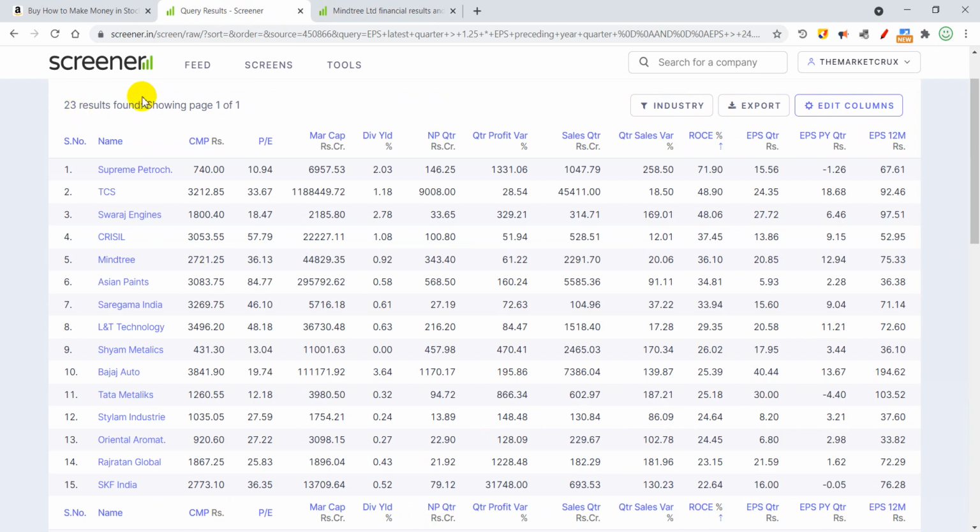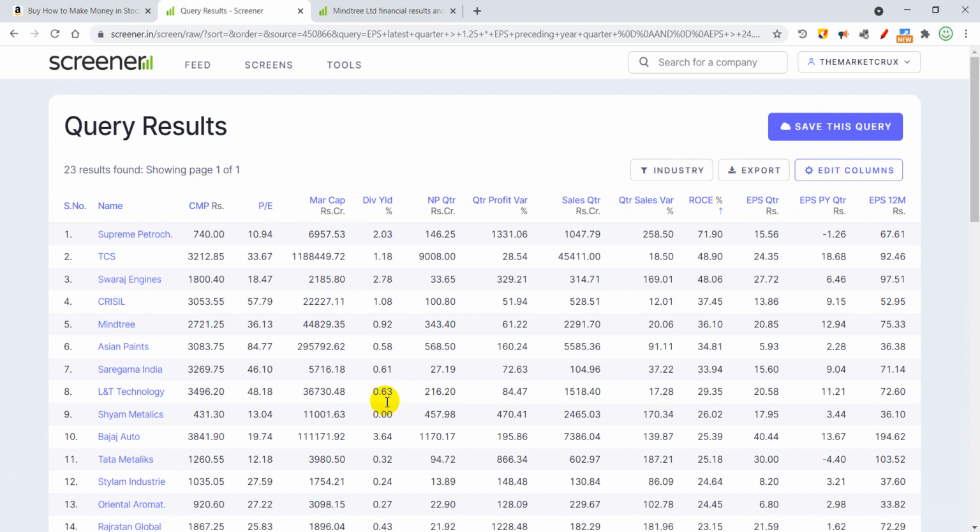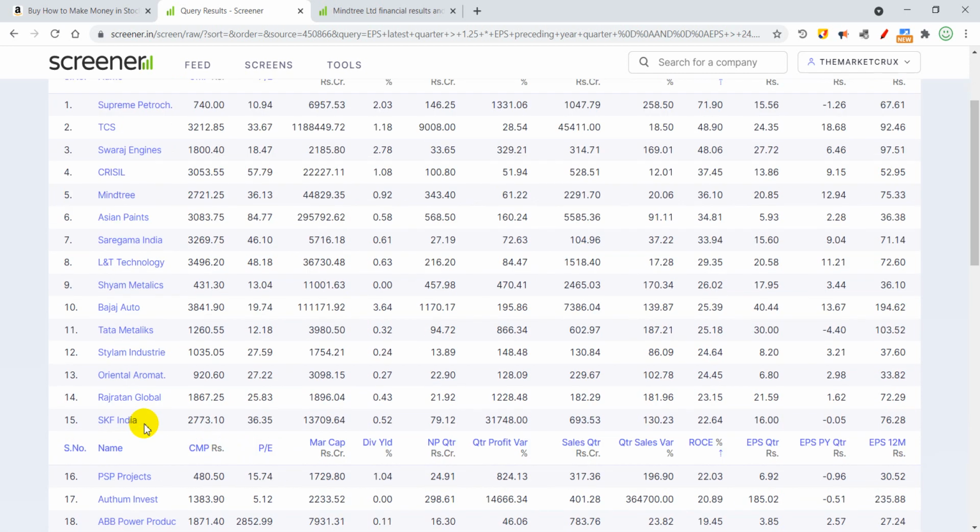So if we got like 23 over here right now, and we can extend the search as well, and we will get about 100-plus odd stocks. So you can do your background work on any of those. You can even select certain segments or industry groups. So whether you want to invest into IT, or pharmaceutical companies looking at the future, or say metals, you can do some sort of sectoral analysis and then pick stocks from that particular sector from this screen.